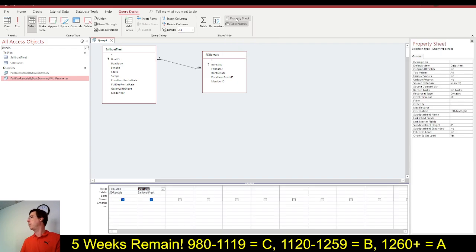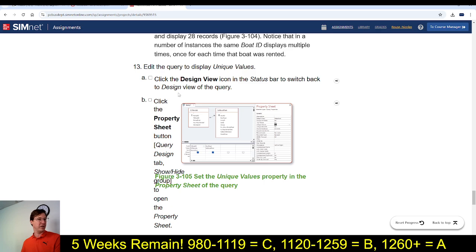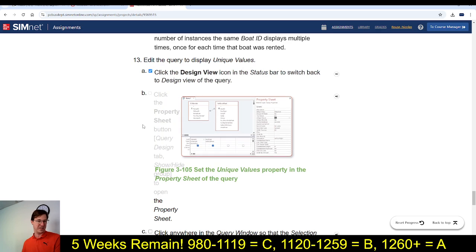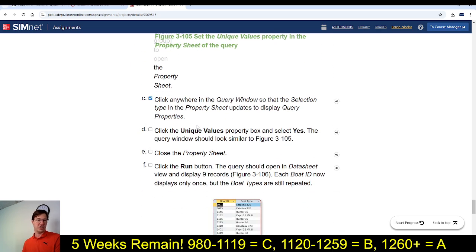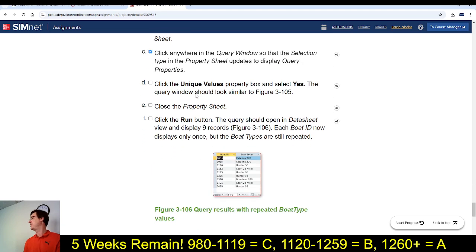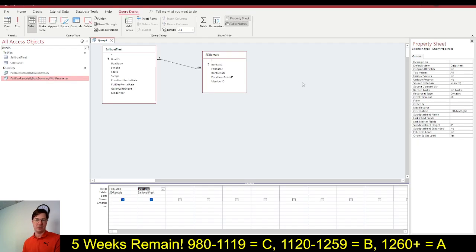Okay, so all we're gonna do here, everybody, so that was step A, that was step B. We're gonna double click the word no in unique values and it will change it to yes. So over here, see where it says unique values? You're just gonna double click the word no like this, and it changes it to yes. And if that didn't work for you, there's a drop down. Or if you type the letter Y, it also works. That also works that way. All right,